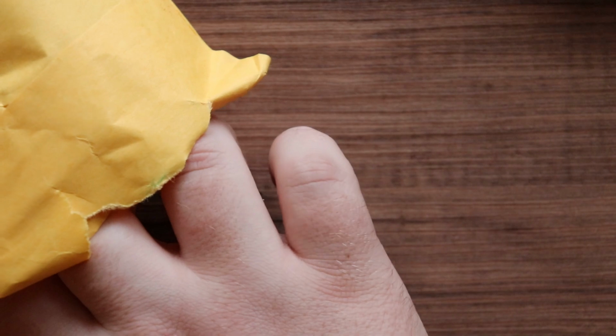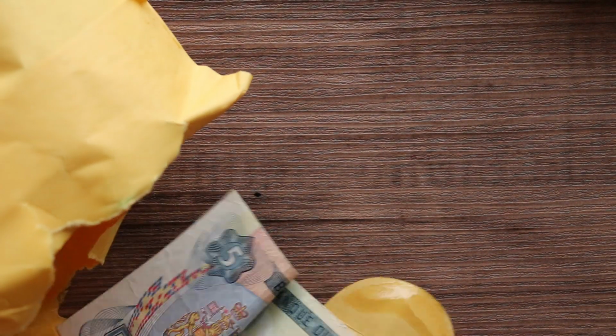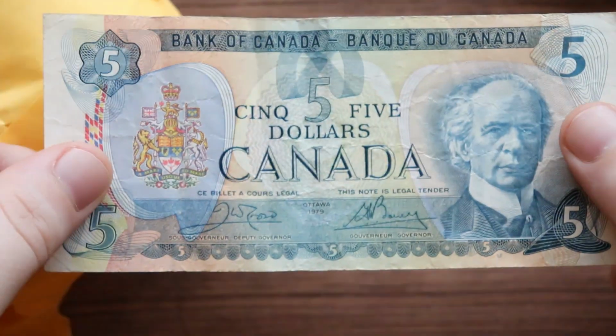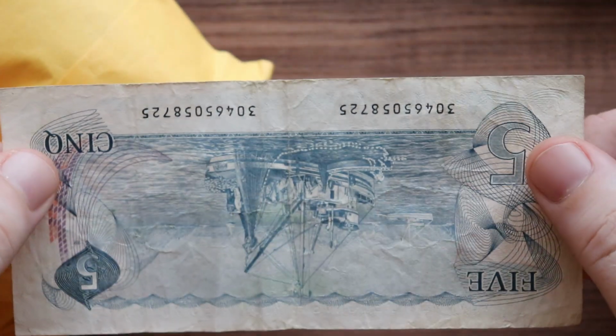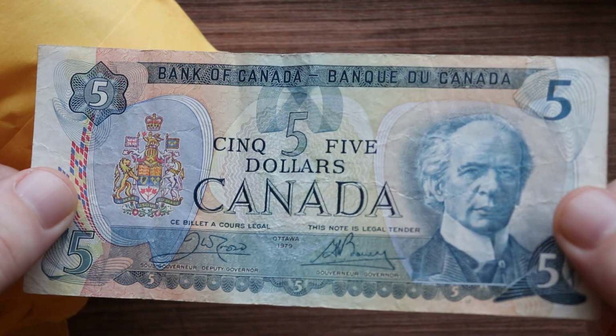Let's keep digging into this goodie bag of fun here. Oh, what is this? An old $5 bill. I believe this was one of the requirements for the list as well. You had to include a piece of paper money. I do not have any of these. I think they call them Lawson Bory bills or something. I'm not sure, but